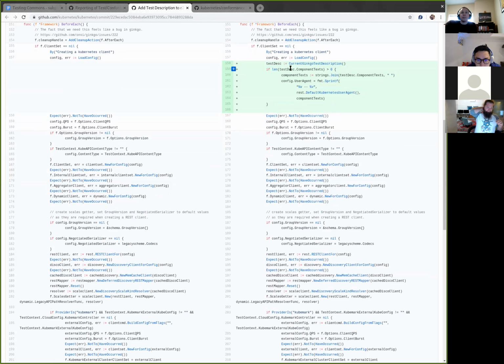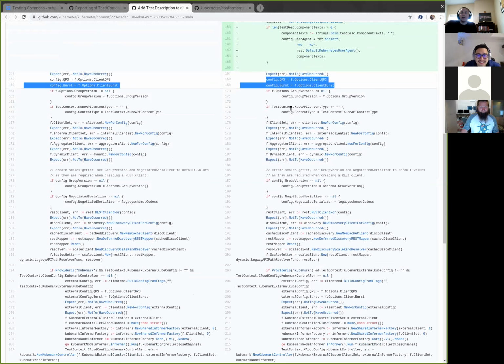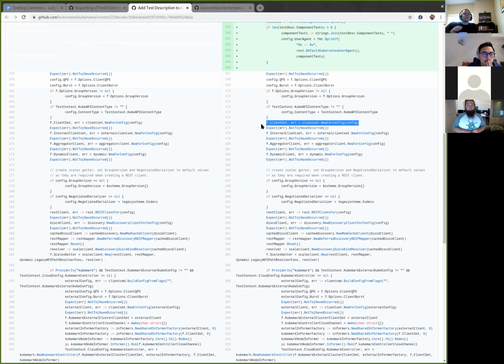So you have this config, you're adjusting the user agent to have basically the context there. You're saying the default, I don't even know why they set this. No one ever adjusts these knobs. Just in case. So I guess my question is, are we seeing that the first set of tests do set the user agent and then tests after that don't? Or is it the other way around?